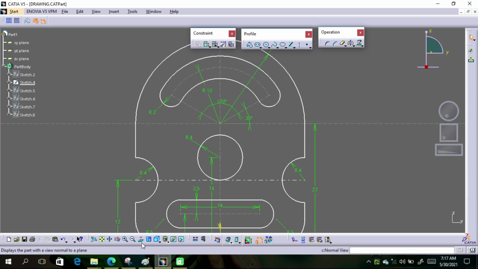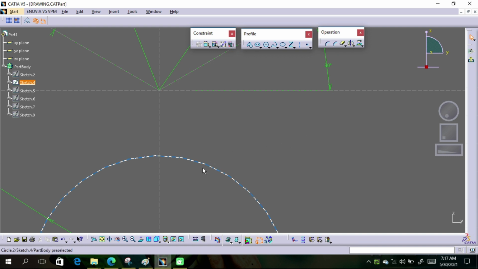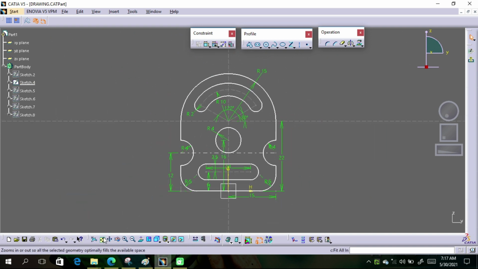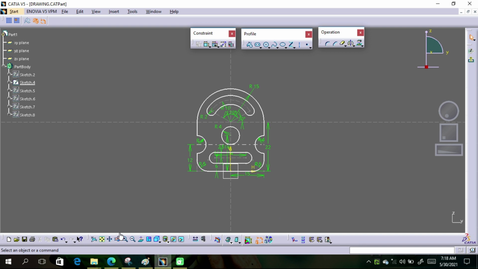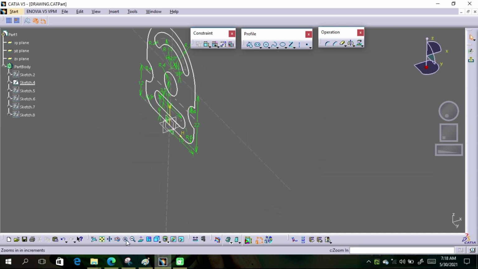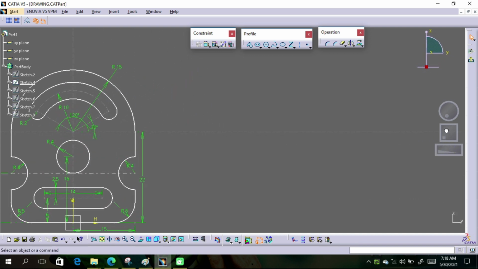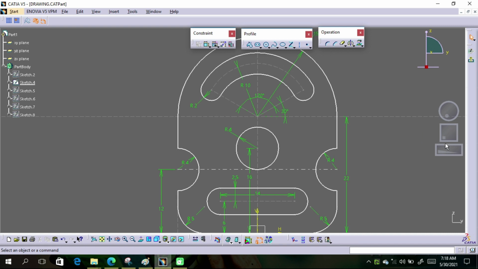This view toolbar also helps us to navigate on the screen, but we will use these toolbars very little. Like this is the most important button for fitting everything in the screen. When you zoom so much that you can't see other geometry on the screen, just click on this button to fit everything in the screen. The next button is for pan: just pan on your screen, rotate, zoom in and zoom out, then again normal view it. You can set position through panning and zooming.